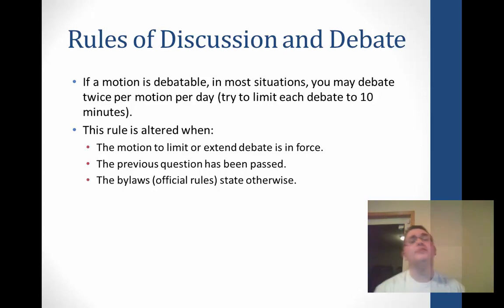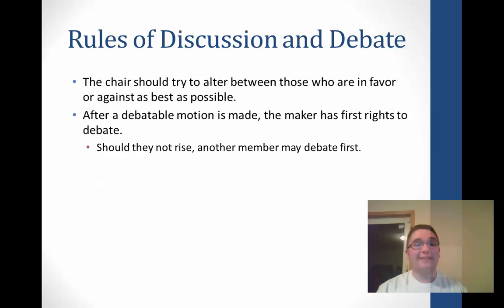This is really important to understand because you can't go into a meeting with a scripted outline of what you want to say with everything and have speeches that are prepared that are like 15 to 20 minutes each. You want to be considerate of your fellow assembly members and make sure that your debate follows all of the guidelines and rules that your organization sets forth. And you also want to make sure that you follow all rules of limiting and extending debates and previous questions that might be on the table as well, so that you're not breaking those because you might be subject to some points of order if you do not.